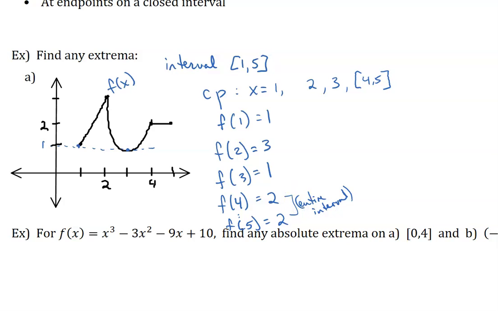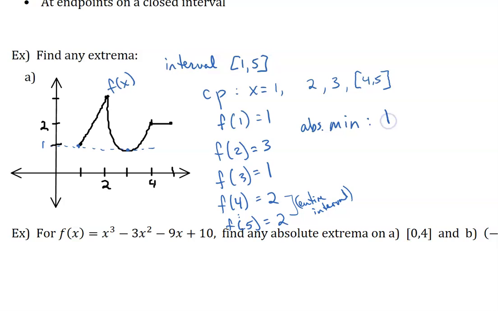Now, because we are looking at the graph, you might not have to, or you definitely would not have to list all of the critical points, but it doesn't hurt to do this, especially so that when we look back at our notes later, we can see where we got the numbers we got, okay? Okay, so considering all of these values, the lowest value of all of them is a 1. So that means the minimum, the absolute min